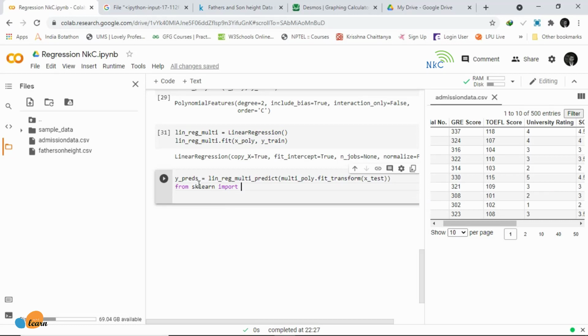Let's see if we can improve by changing the degree of polynomial features. So let's say 3. Unfortunately, with polynomial features, that's just something you're going to have to figure out on your own, and there's no way to sort of map a correlation in your head. Now let's try 4.